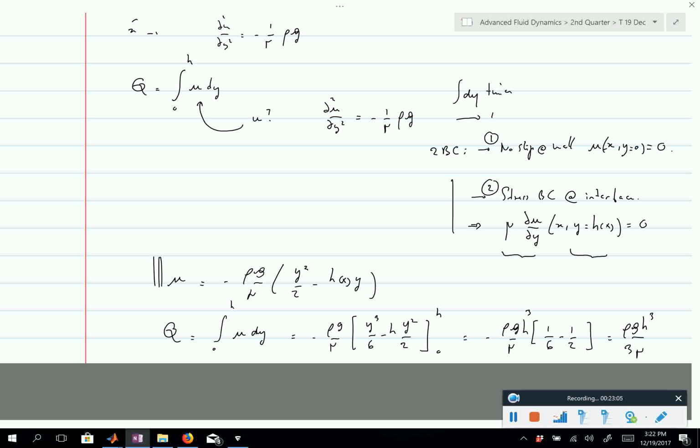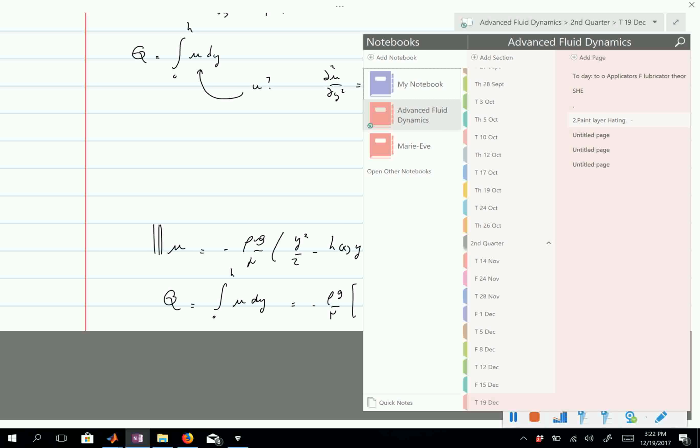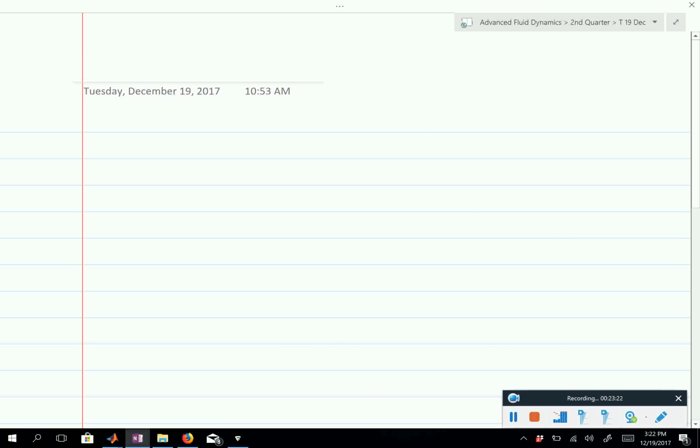At this point, I would check the dimensions, though I trust that they're fine, because here somewhere I have something which has the same dimensions. But if I were you, at this point, I would check my dimensions. Okay, so we have Q, and so now we can write an evolution equation